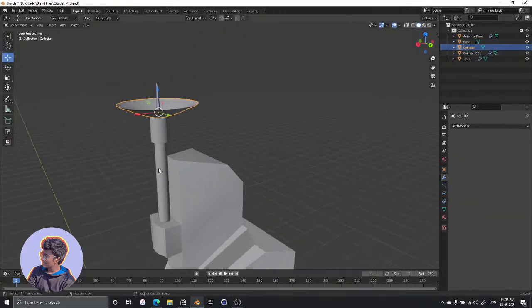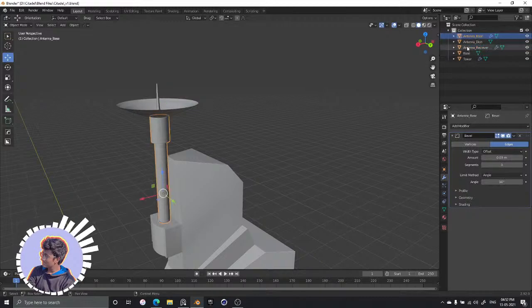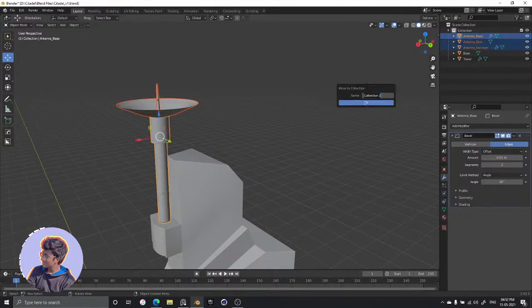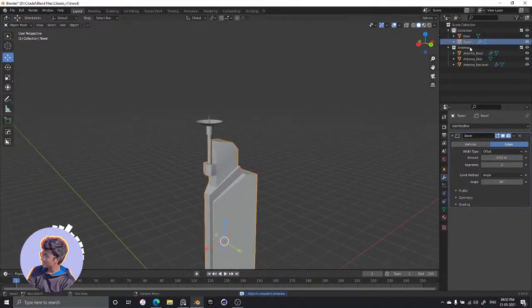Okay, antenna, dish, and antenna, receiver. Now these three can form collection antenna. Okay, now taking the tower and the rest of the antenna,